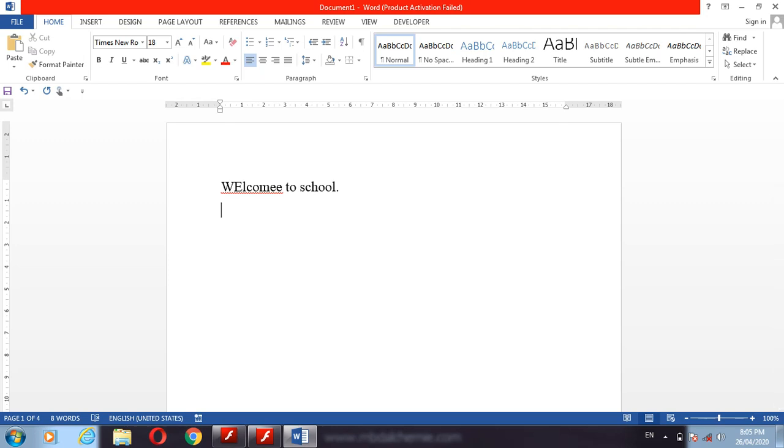If there is a wrong word, the red wavy line comes under that word. If we correct that spelling, the red wavy line automatically disappears. See how it disappears. Welcome. See, in this way we can change our incorrect word. So this option is available also in Word.